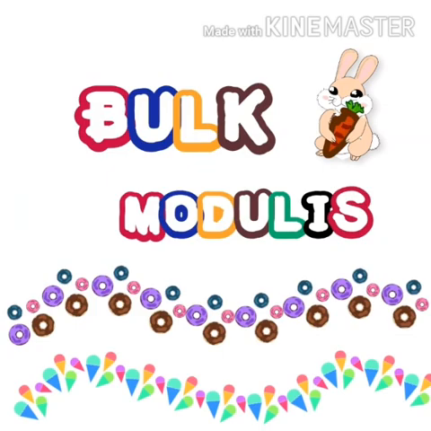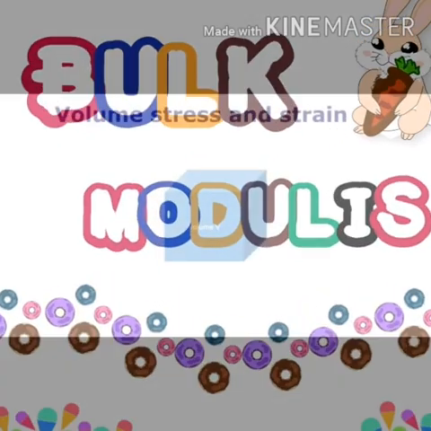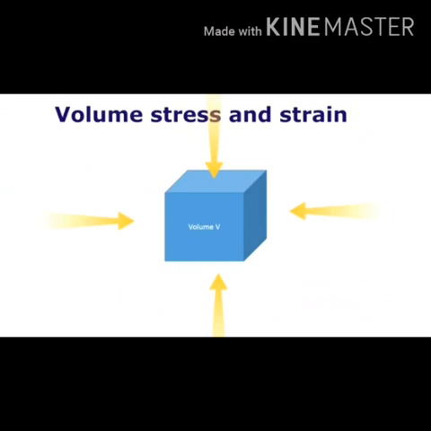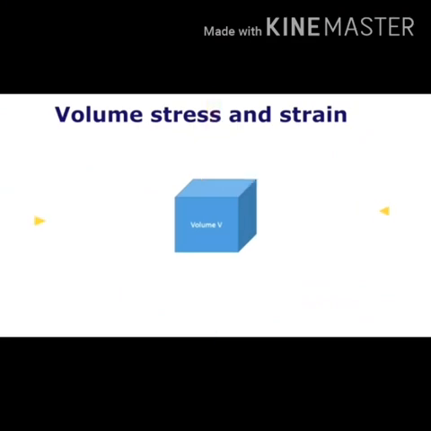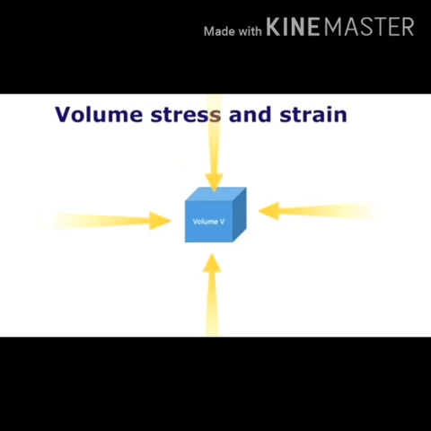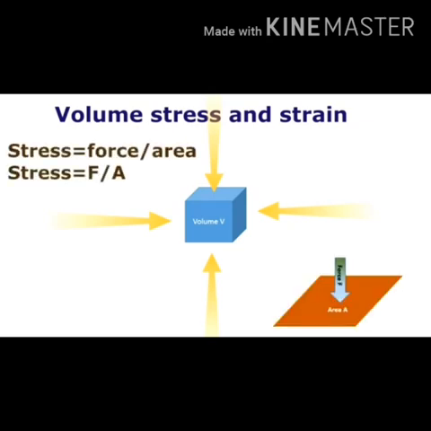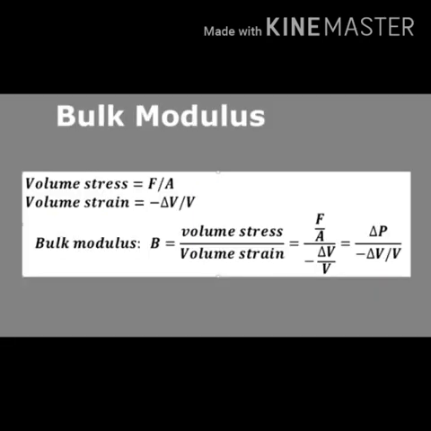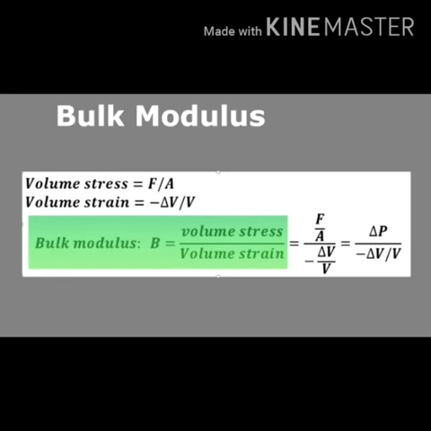The next one, bulk modulus. Bulk modulus is defined as the ratio of the volume stress to the volume strain. The bulk modulus is denoted by K. Therefore, bulk modulus K is equal to normal, that is perpendicular, stress or pressure by volume strain. The normal stress or pressure is sigma n is equal to F n by delta A, force per area, which is equal to delta P, pressure.